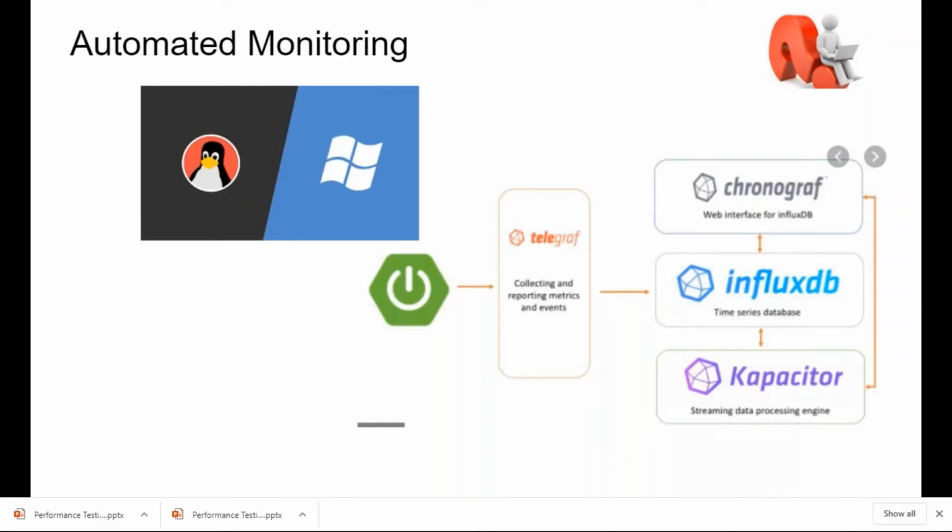We all know Dynatrace is there, AppDynamics is there, which are licensed commercial tools for monitoring. But when it comes to your pipelines, when it comes to your DevOps, open source tools take more precedence over these commercial tools. And we'll look into a couple of available open source tool stacks for monitoring.